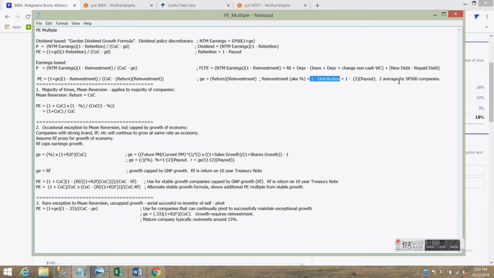And the reinvestment rate is 1 minus the distribution rate, and a distribution on average across S&P 500s is actually working out to about 2 times the dividend payout. So what we're talking about there relates back to the dividend discount model, or the Gordon growth dividend discount model. Instead of just receiving a dividend, when you're talking about free cash flow, yes, dividend is one way